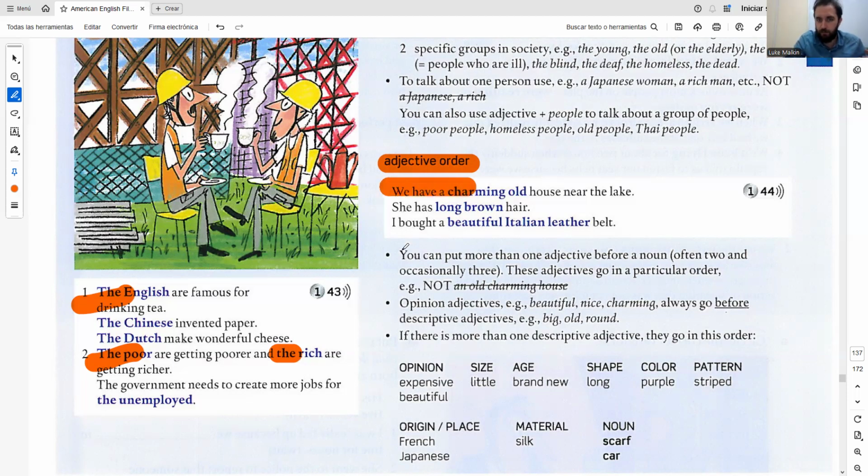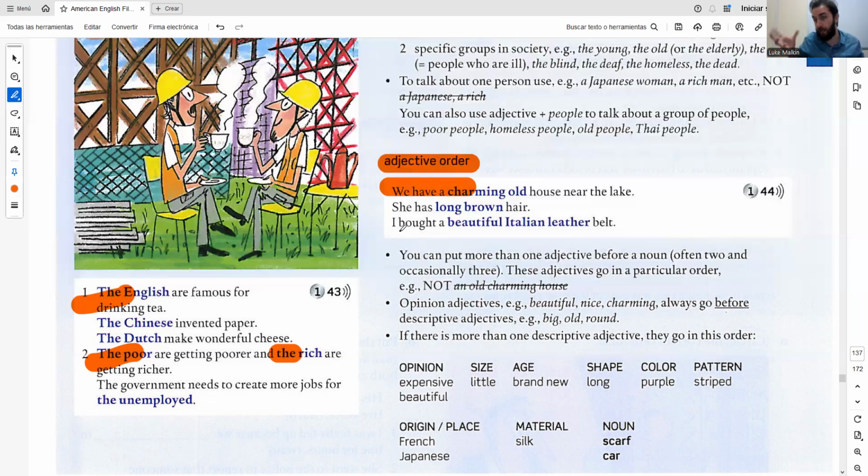Let me give you an example. We have a charming old house near the lake. That's fine, right? We have charming and old to describe the house. However, if I said we have an old charming house near the lake, that sounds a little strange.